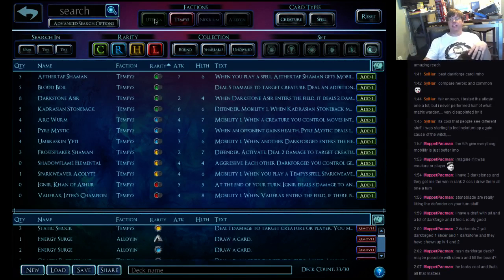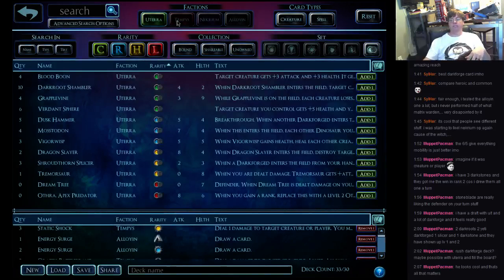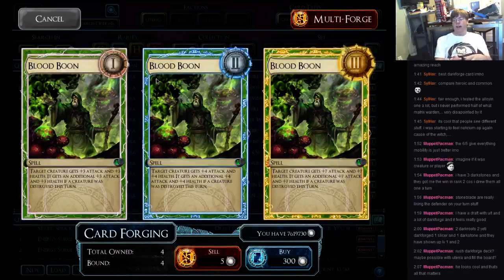Alright, last but not least, Uttera. Blood Boon. I find this is arguably the best of the boons, just because you can drop a new creature that you can reliably buff with it without it dying first, and you can do that post-combat without worry. It's not a great combat trick, but giving something Lycian Shard style buffs